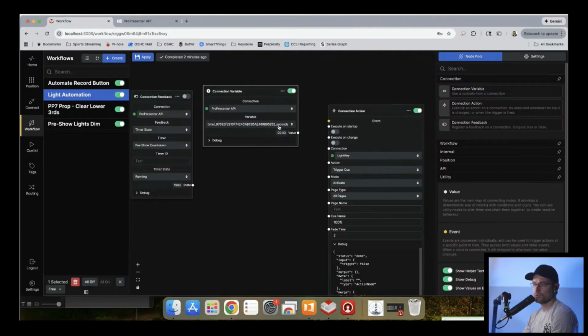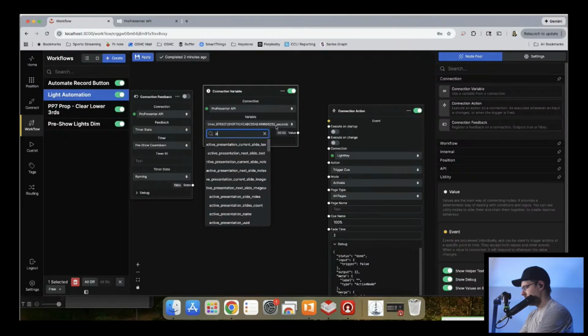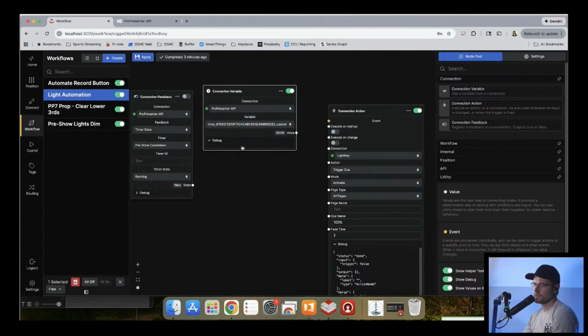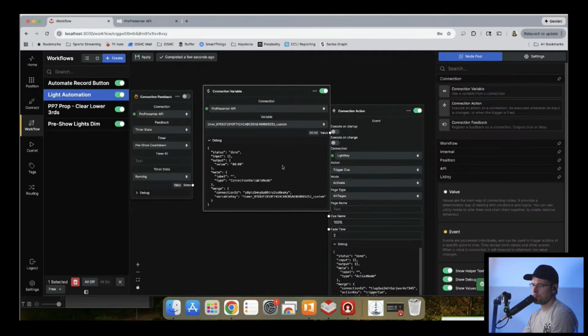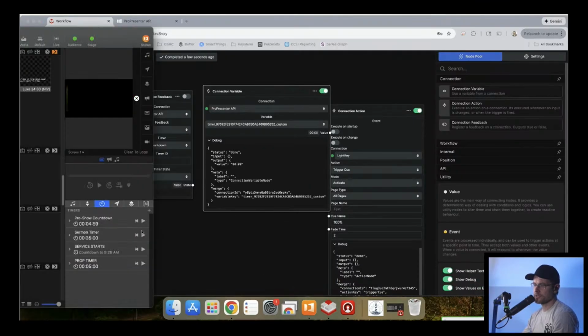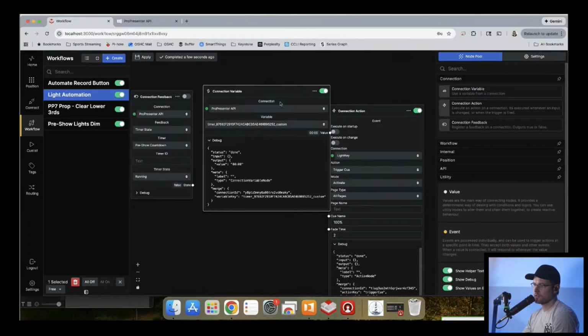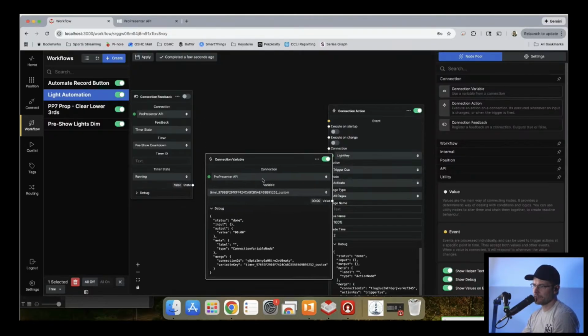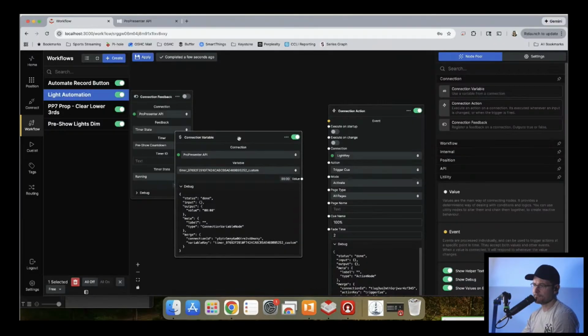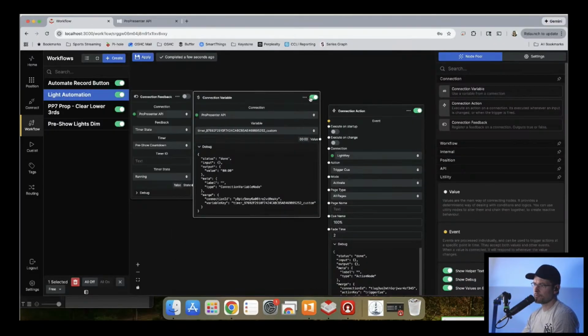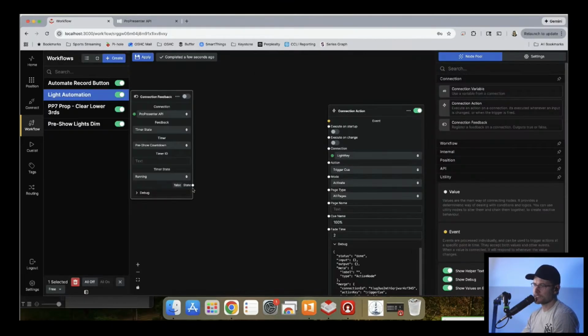Value. Ooh. ABCB5 custom. If we hit apply, what do I get? Okay, this is interesting. So if I hit go, why don't I have any value here? It should be telling me what the value is, right? It should be live. So that might be the issue, that for some reason ProPresenter is not feeding back this information, because that's the same problem that I'm having with this guy, is that the information is not getting fed back correctly.